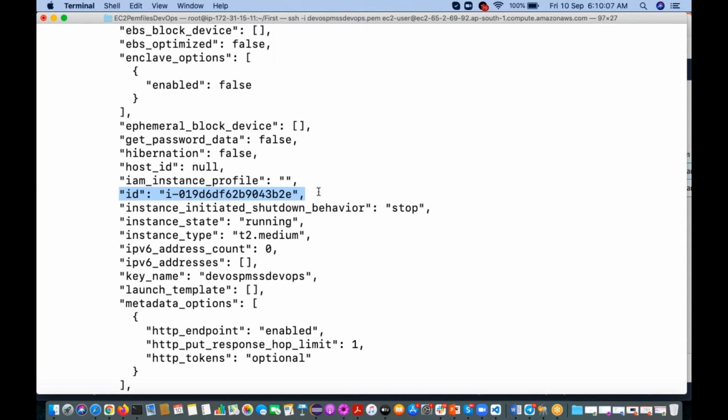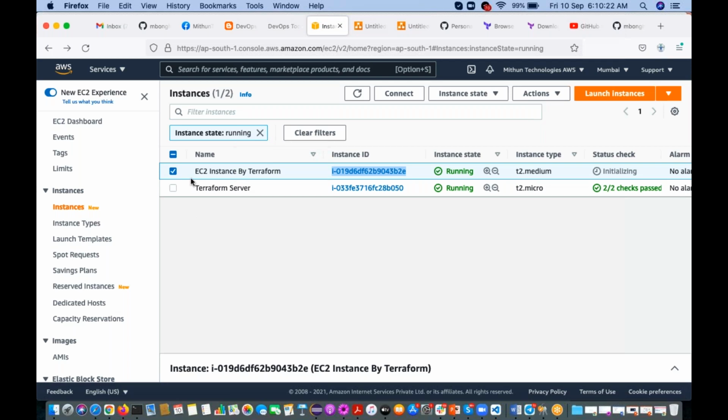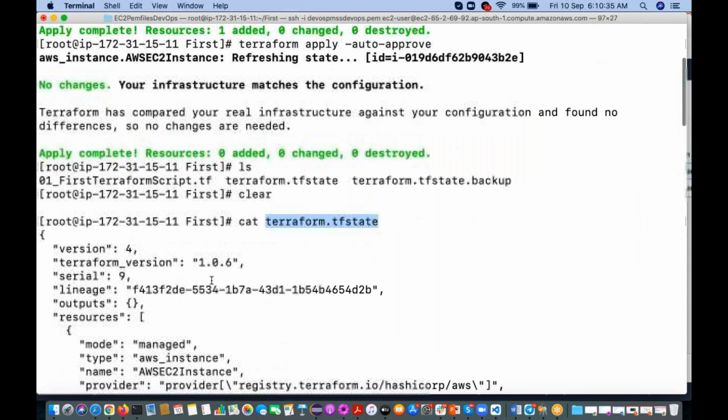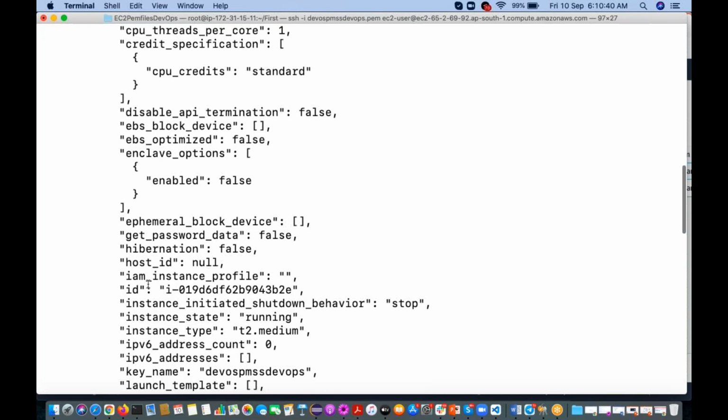Okay. So before executing this Terraform script, first it will check what is there in the Terraform state file. It will compare against it. The Terraform state file contains whatever it has executed, whatever happened here, that state it is going to store here. So already with this ID, one EC2 instance is there, right? With this ID, so that's why it is not creating.